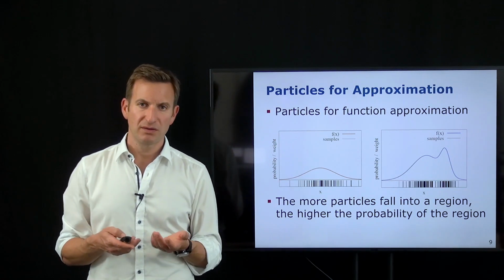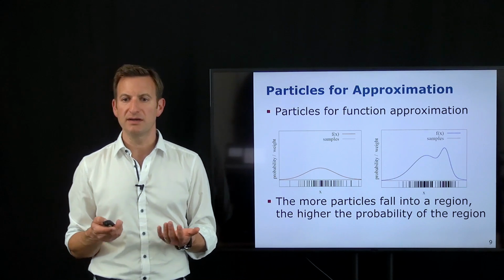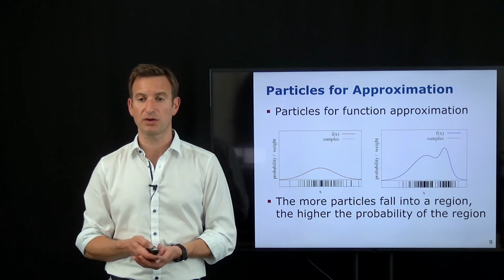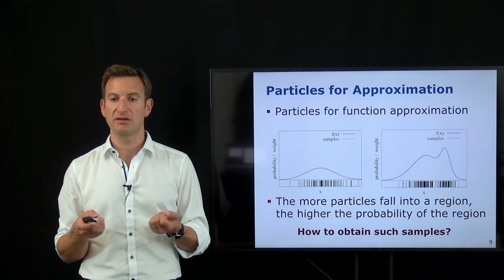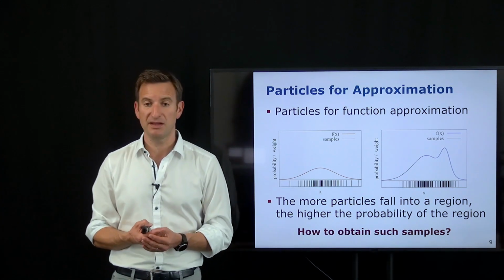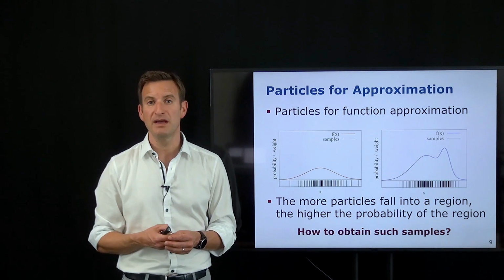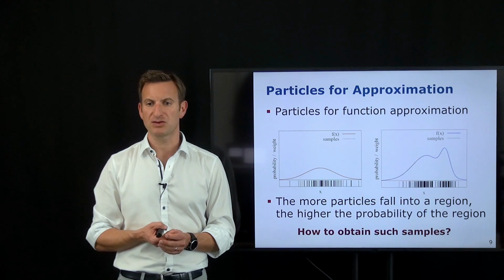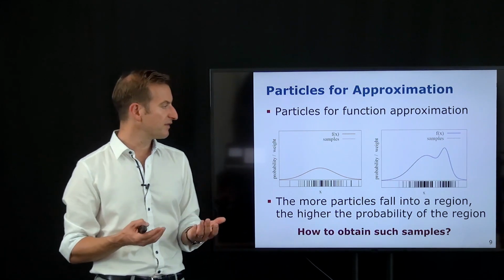The question that we obviously have, if we start with an initial belief, is how do we actually generate samples? How do we obtain those guys over here? So the key question is, how do we obtain samples given a function? And the problematic thing is that this can be quite tricky. We cannot easily sample in closed form from arbitrary functions. There's only a small number of functions from which we can sample in closed form or sample efficiently.